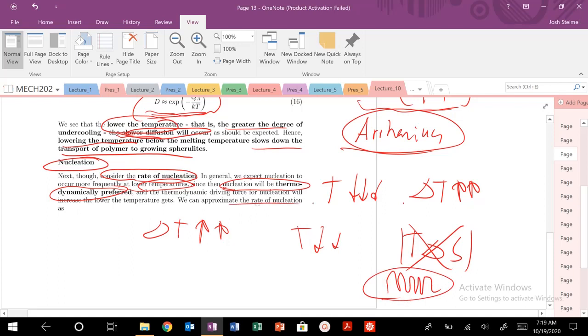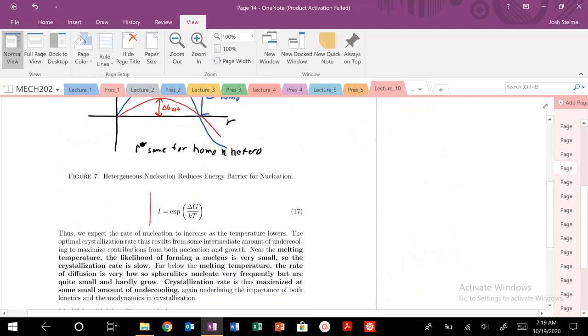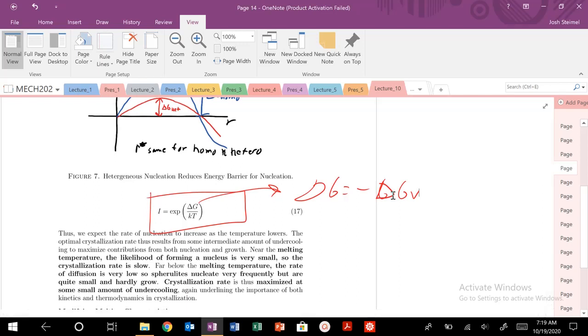So we can approximate the rate of nucleation with this equation right here. In this term, our delta G is just the term that we've been dealing with previously. So delta GV, and remember, all the way back in our notes, we had the delta GV times the volume, so x squared L, for our lamella, plus our delta GS, where our delta GS is equal to 2 sigma